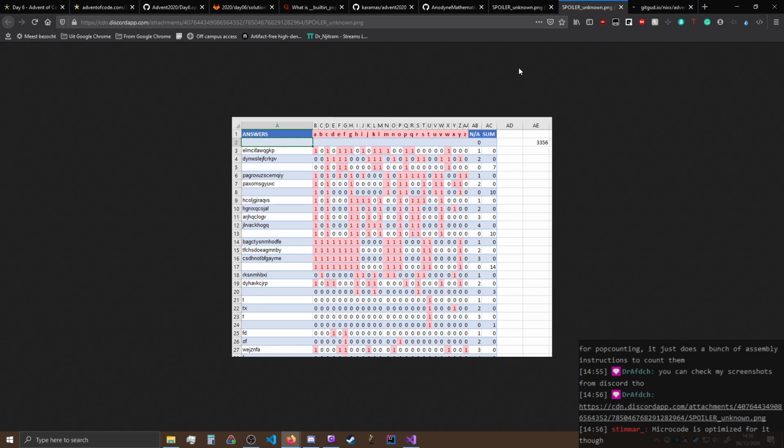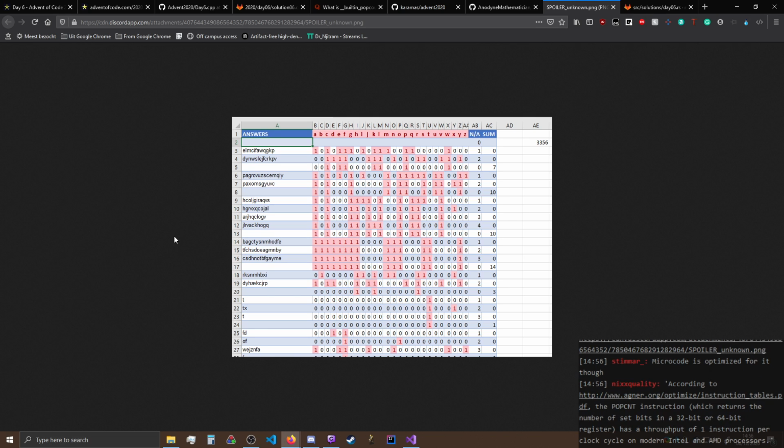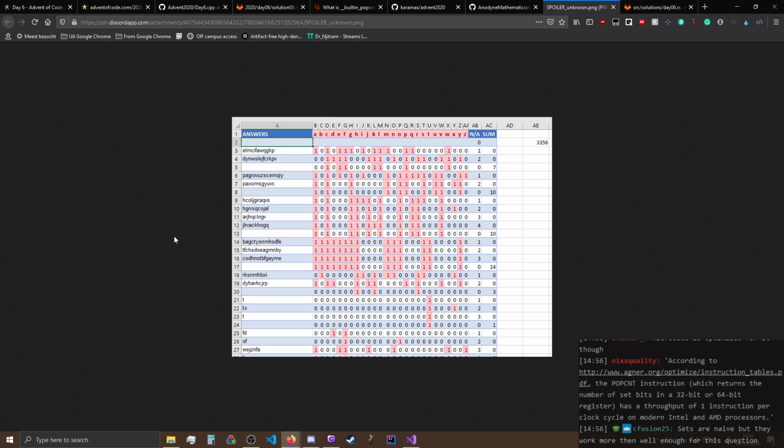Let's see, Nix also did something, so we'll look at that in a bit. Yeah, this is just counting, this is pretty Excel. It works, it works. Sets are naive, but they work more than well enough. Exactly. The thing with sets is that